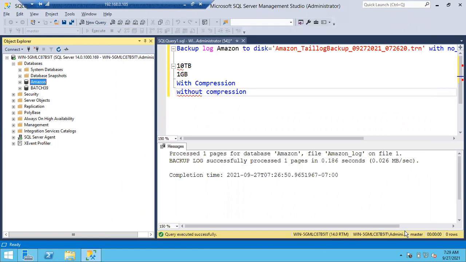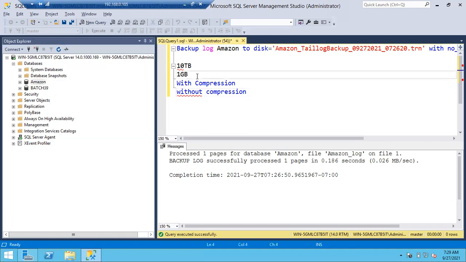It's good, sir. So the answer is, it's always good to compress your backup. Don't worry, nothing will happen to your data if you compress it. You cannot believe the advantage of compression. For a 1 GB file, it is going to save almost 90% of the storage. If you don't enable compression, a full backup of a 1 GB database will generate a 1 GB backup file.